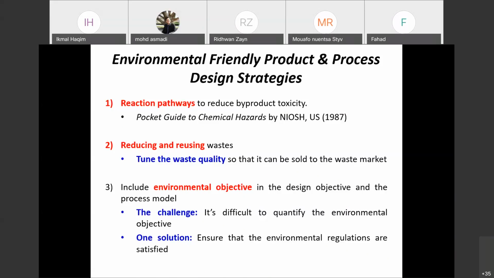For the ration parts, you have to refer to the product toxicity. Mostly not only by-product, but also